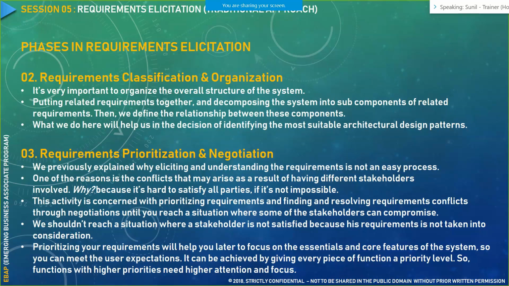The next phase is your requirement classification and organization. After you are done with your requirement discovery phase, you go about classifying the requirements. Like I explained, there are 11 categories of requirements, and you classify the requirements based on those categories. After that, you organize the requirements. Organization means deciding which requirement is the base of that particular functionality, and after that, what is the next set of requirements you would be taking up. You have to organize those requirements.